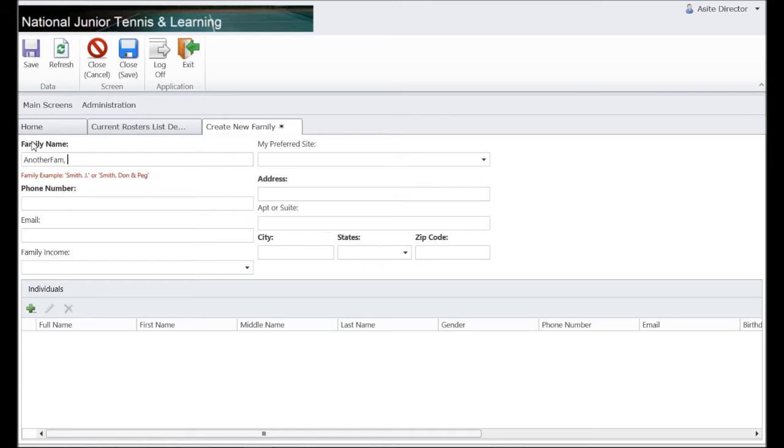another family. I like to give a last name and a parent's first name to name a family. Then we just fill in the other information,